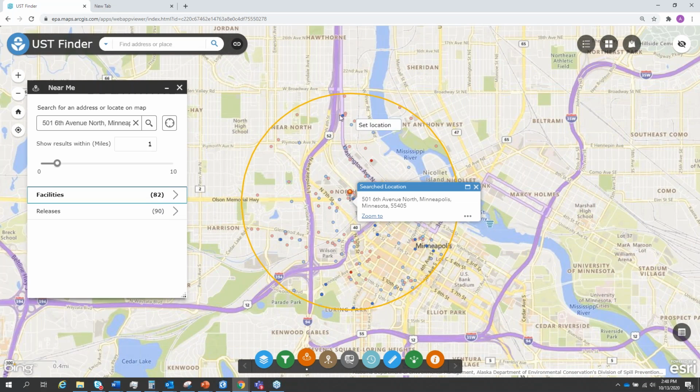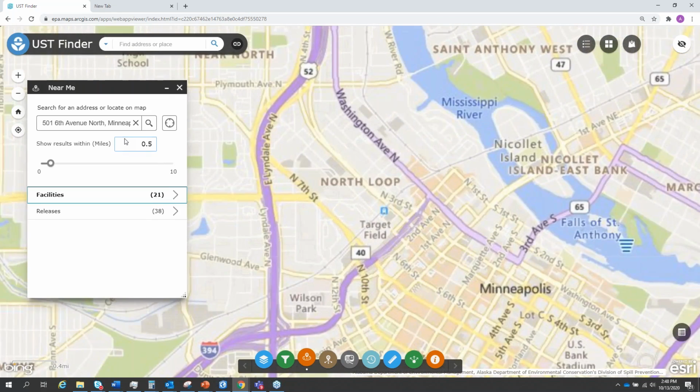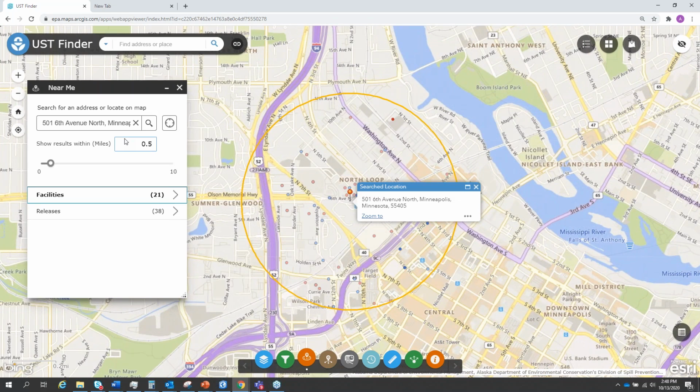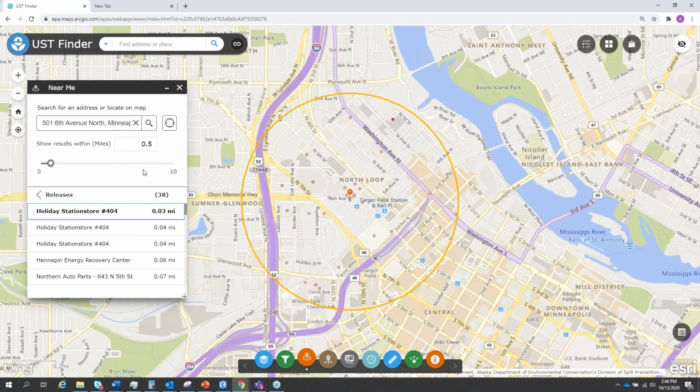It'll draw a radius and show you which leaking underground storage tanks and underground storage tank facilities are within a defined area. So let's look at, show me all the releases and tanks within 0.5 miles of where I live. And it'll generate this list, and it'll tell you the distance to the closest releases.